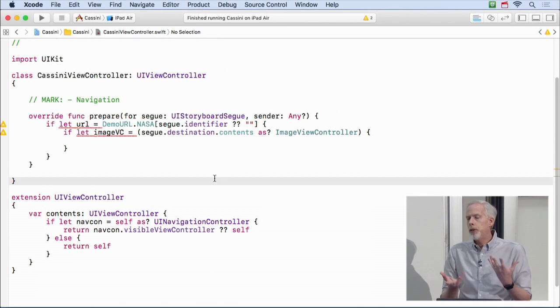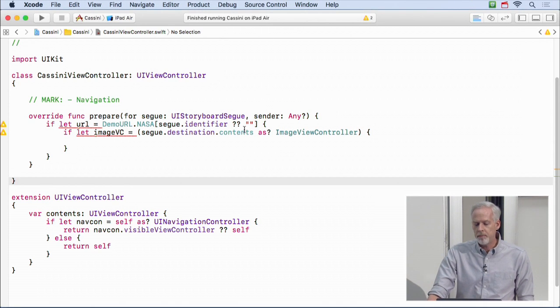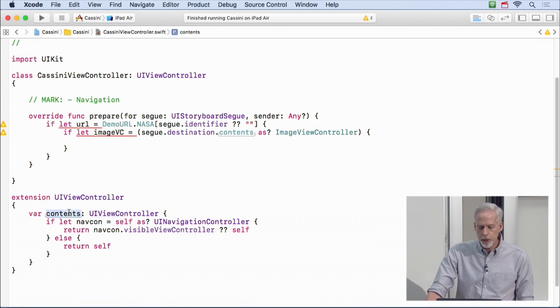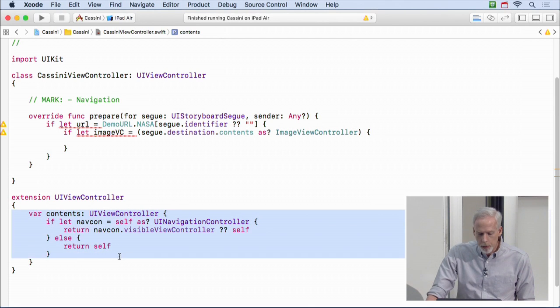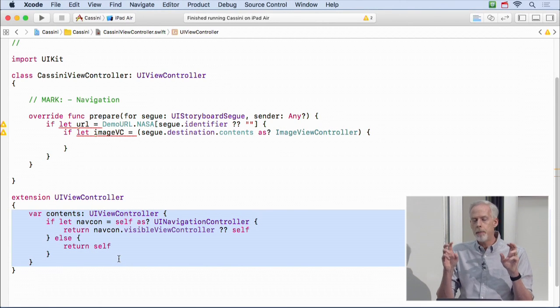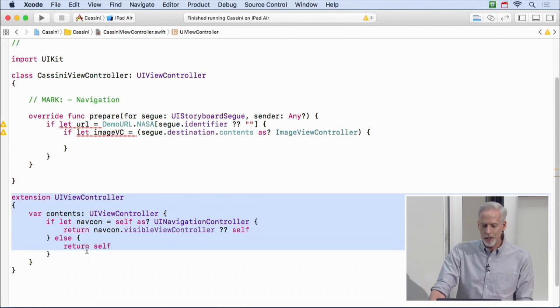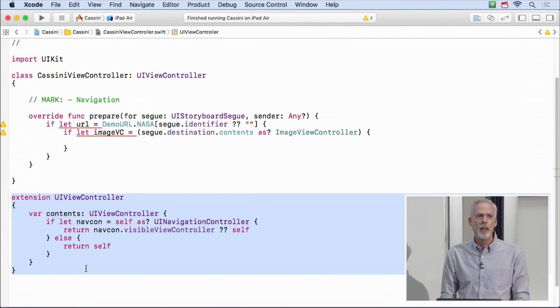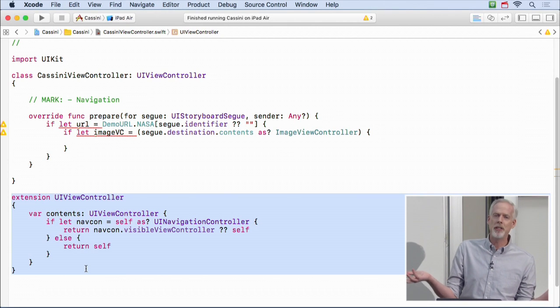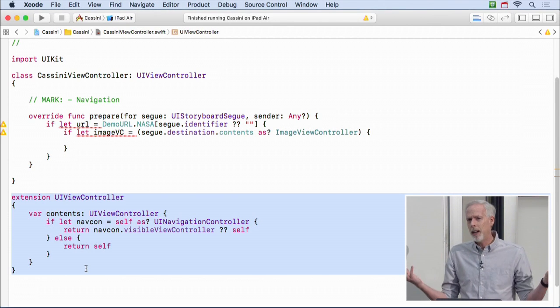Now, is this a reasonable thing to do in an extension? Absolutely it is, because this var has complete and utter understandable semantics that only have to do with a UI view controller and nothing to do with Cassini view controller or anything else. And when you do an extension, you want that to be the case. You don't want to generally put extensions on other classes that have to do with other classes generally, unless they're kind of like standard types or something like that.